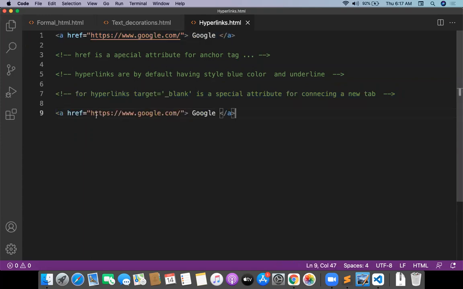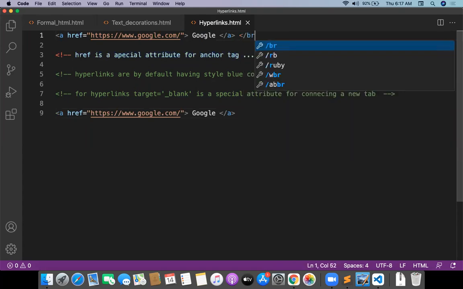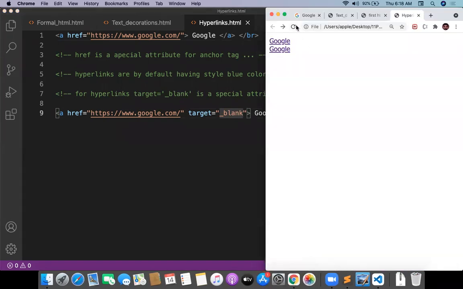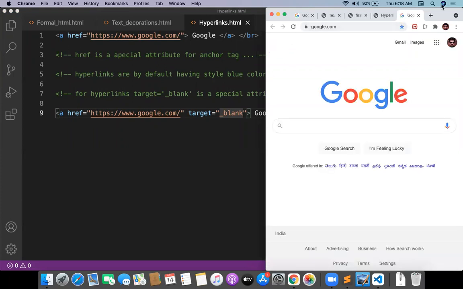This is the hyperlink, and let me take a break here. And here I want to give an attribute called target underscore blank. Whenever you are providing the target blank attribute, it is going to open in a new tab. So this will be opening in the new tab.